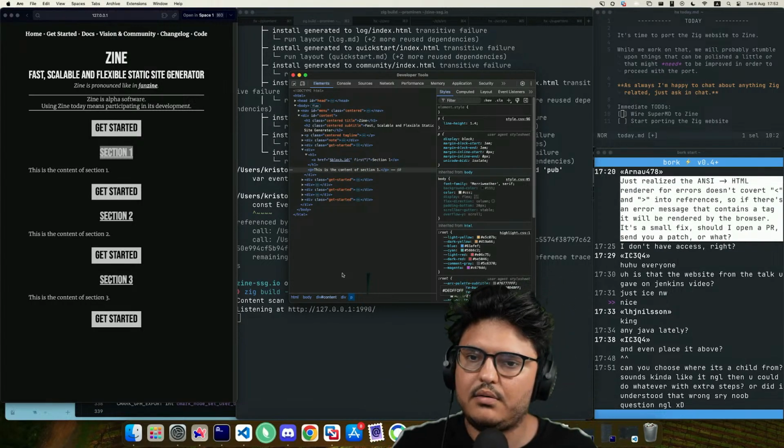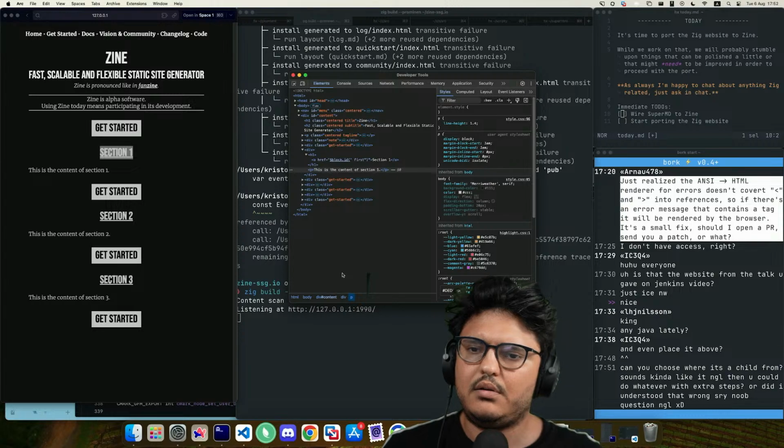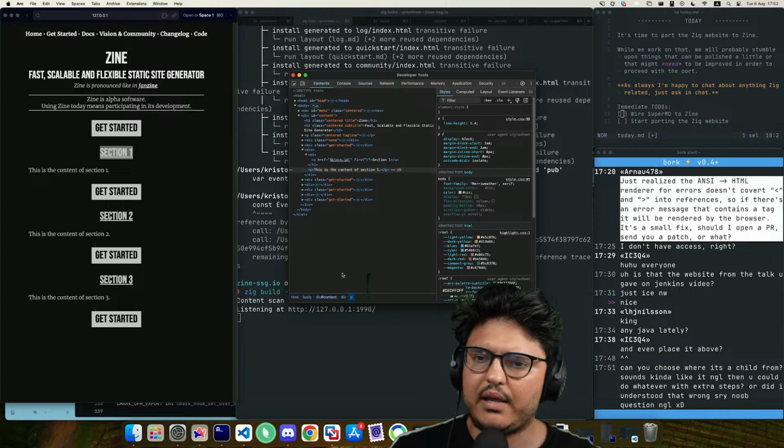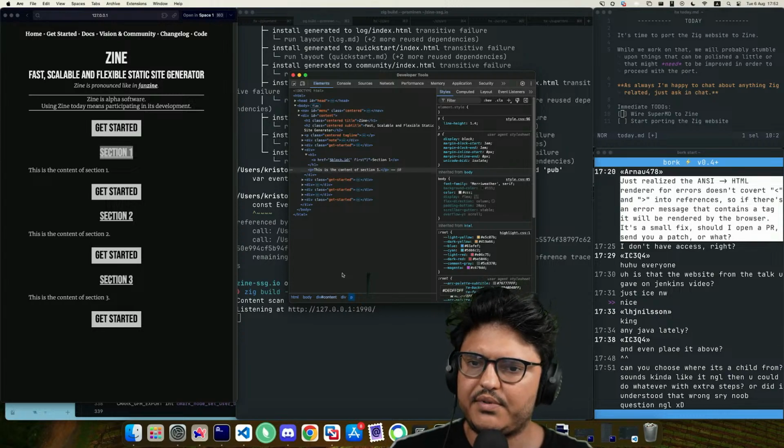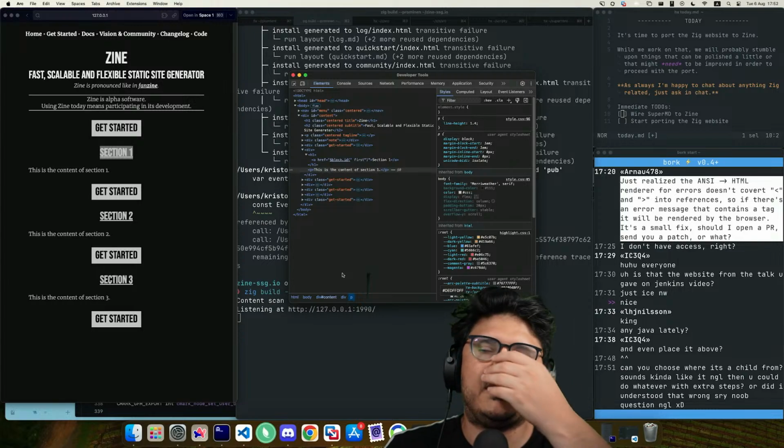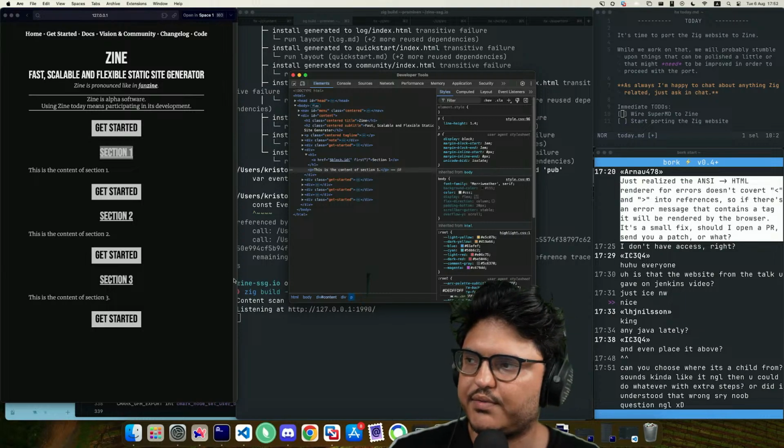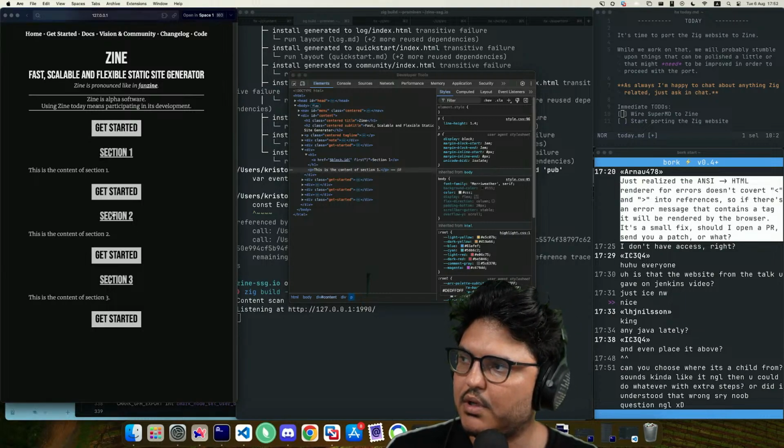Sounds like it. Not gonna lie, then you could do whatever with extra steps. I could have gone to the previous node, but I think there could be some weird corner cases. In any case, it works like this.